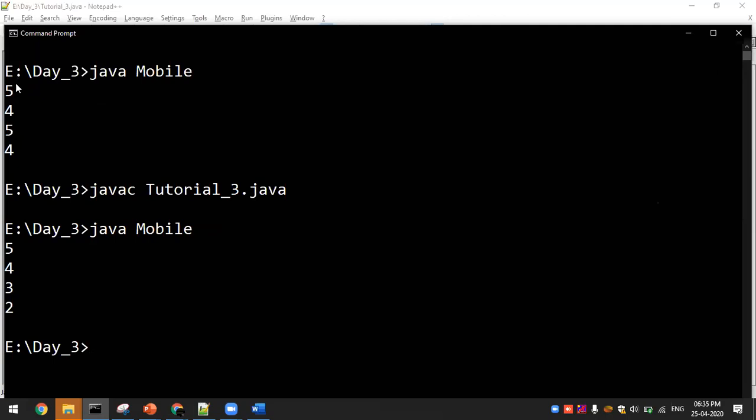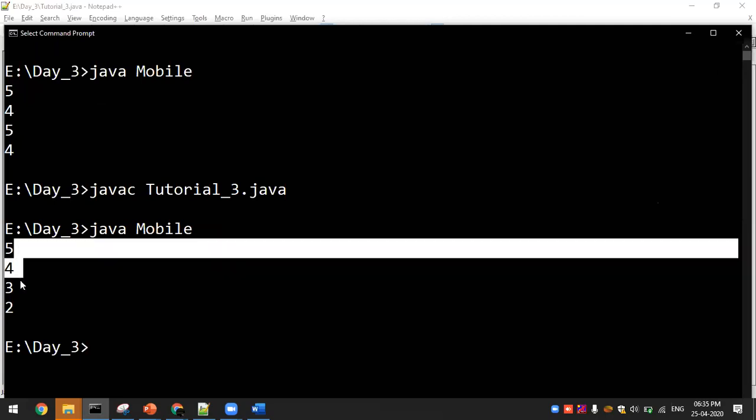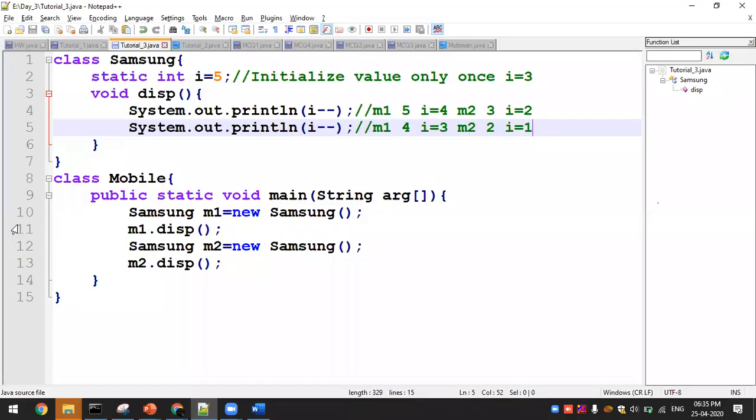Previously, m1 and m2 were both a Samsung J7 type, that is why you got that output. But this time I bought the Samsung J7, and for my father a Samsung J2. In that case you have obtained the recently updated value, which is going to be taken. Which type of version you use is not important; that is called static. It keeps on updating your value, you're not maintaining the previous value. That comes under a static variable. Okay, you got it. I hope everyone is clear about what a static variable and a non-static variable actually are, right?